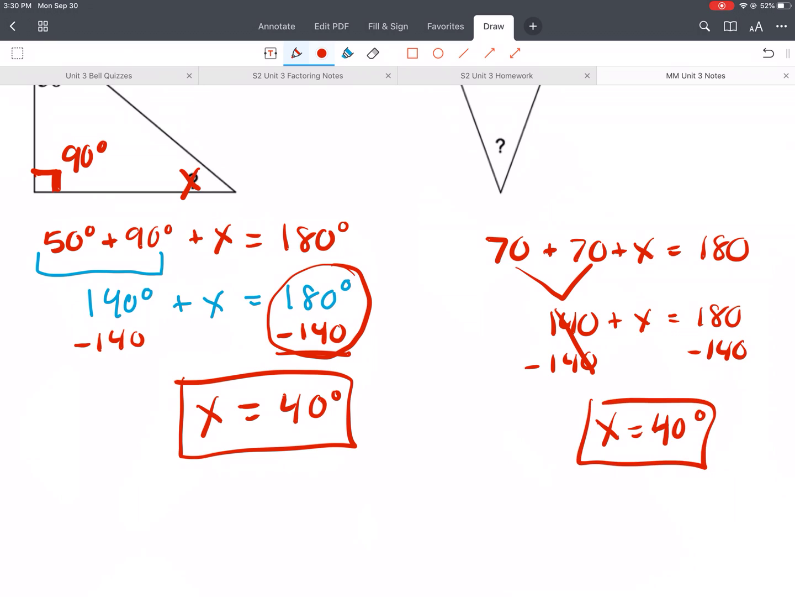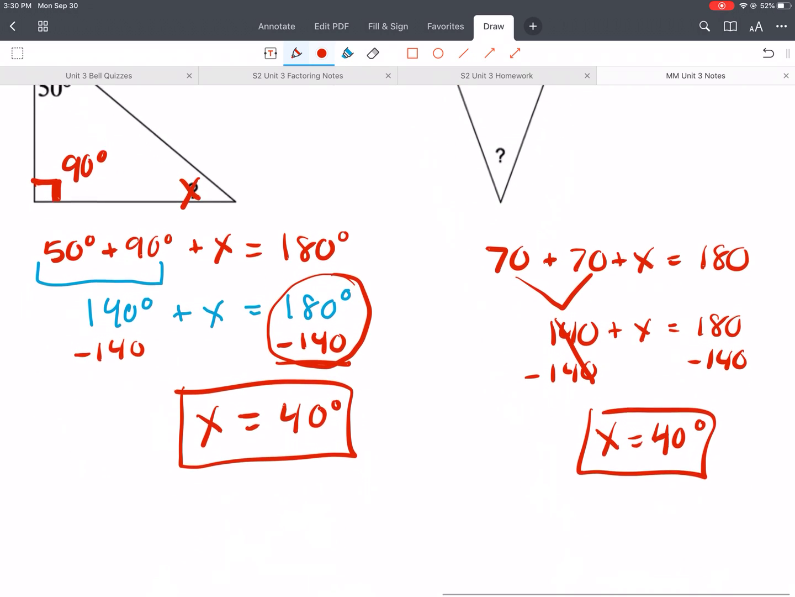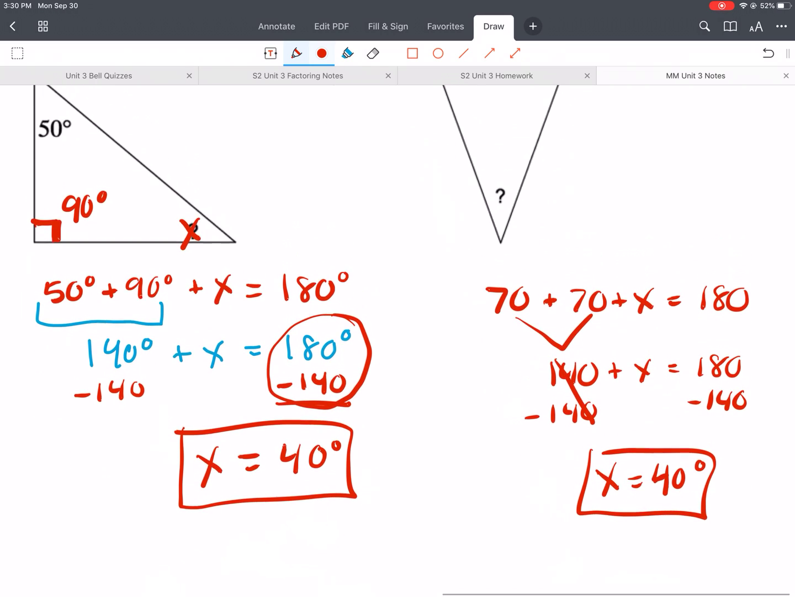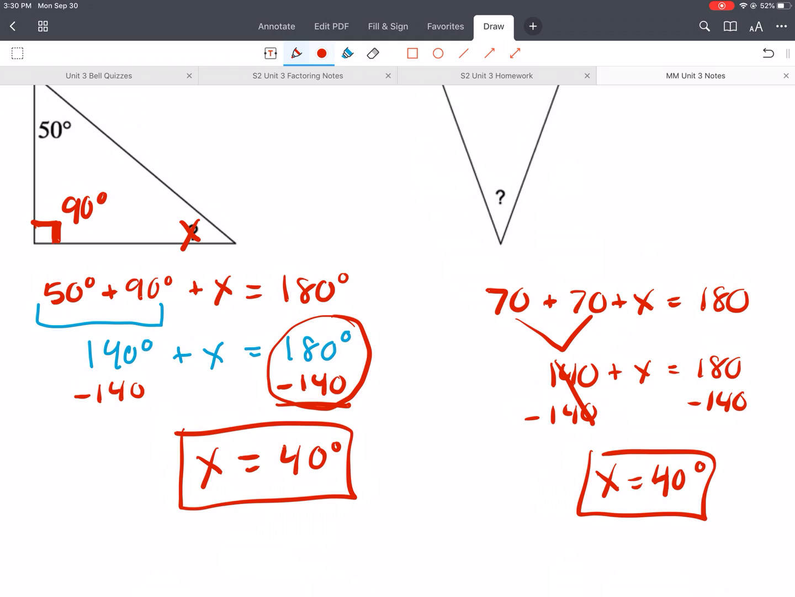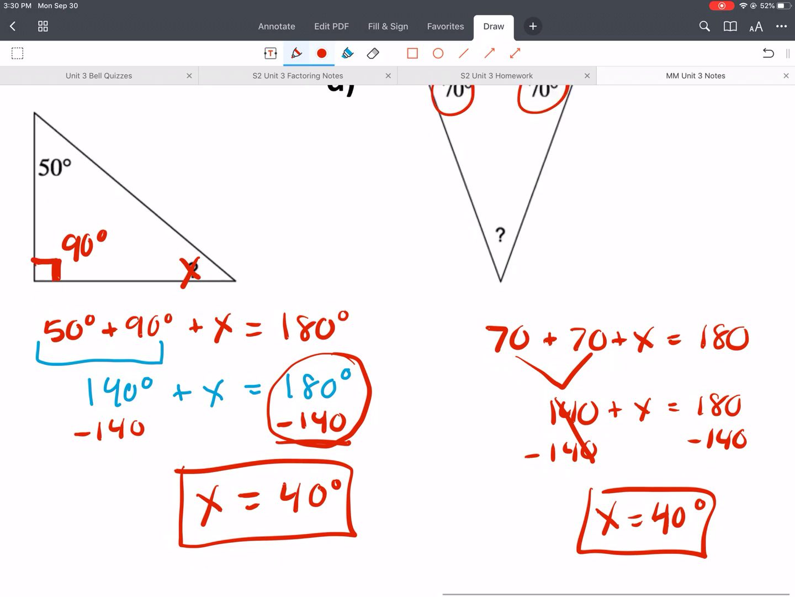Okay, I know you can just look at that and say, oh, well, a triangle is 180, so I'm just going to subtract 70, and that's my answer. But things are going to get a little more complicated, so please don't make shortcuts. Show all your work. Okay, so for example,